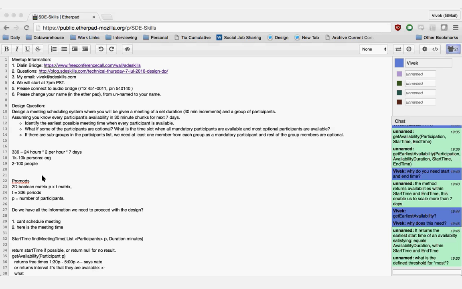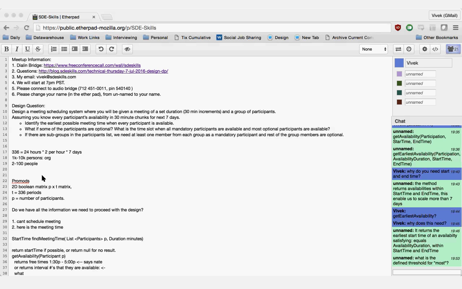So Vivek, I didn't quite get what he was saying. Can you just explain what he said and what's wrong about it? Okay. So the ask here first is that you want to make sure that at least one member from each group is able to participate. In this case, there is a group of managers, project managers, engineers, and quality assurance. So at least one quality assurance engineer has to participate, at least one developer has to participate, at least one manager has to participate, and at least one product manager has to participate.